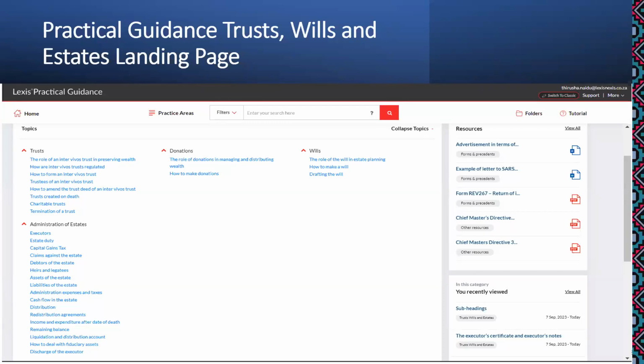You also have access to precedents. So for example, a template for a letter requesting to be removed as an executor, or a checklist of documents that need to accompany the liquidation and distribution account. So these are some of the features and resources that are contained within the Practical Guidance Trust Wills and Estates platform, and which you would have access to, and which would be most beneficial in conducting a liquidation and distribution account and ensuring that you are doing so